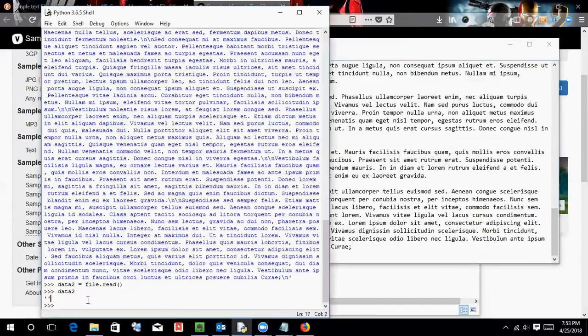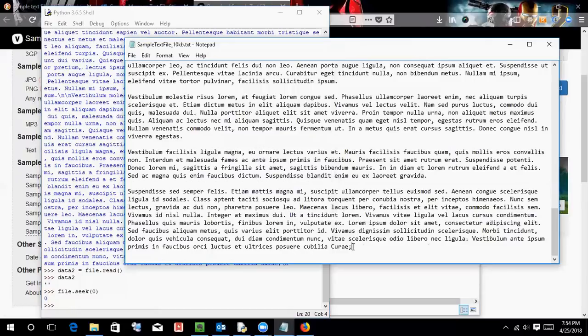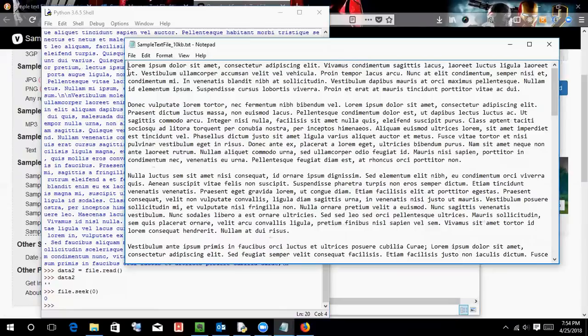So in this case, what you can do is use the file operation seek 0. You can think of it like what you do in the video player on your phone, when you want to go back to the 0th minute, or in YouTube videos when you go again to the start. So after doing file.seek(0), I have brought the cursor back to the start. So if I again try to read it,